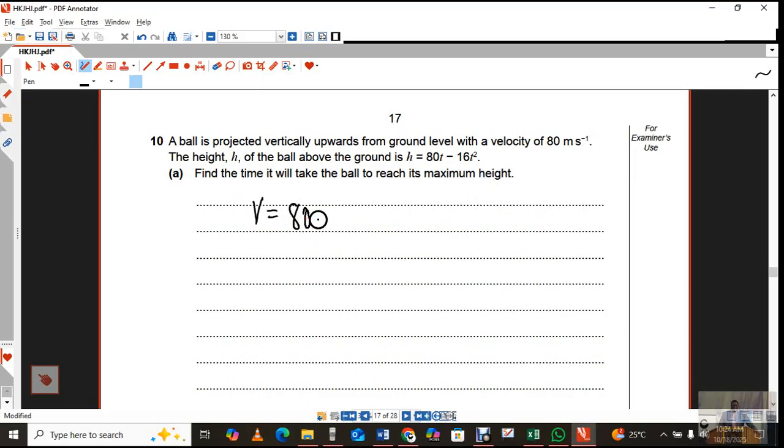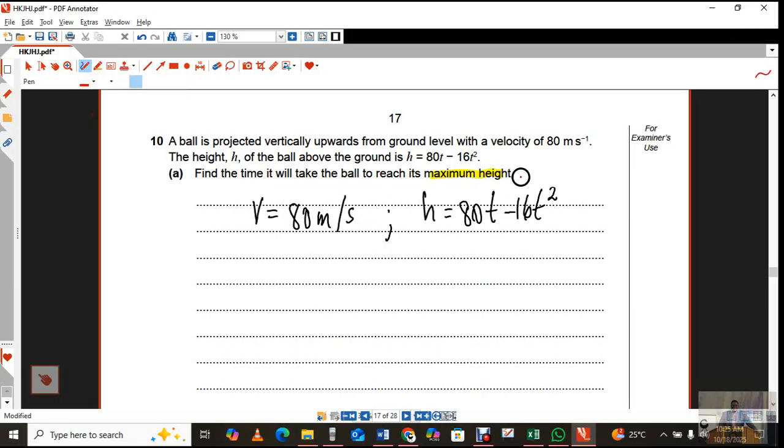They also give us that the height above the ground is given as 80t minus 16t squared. Once they tell you to find the maximum height, this implies that